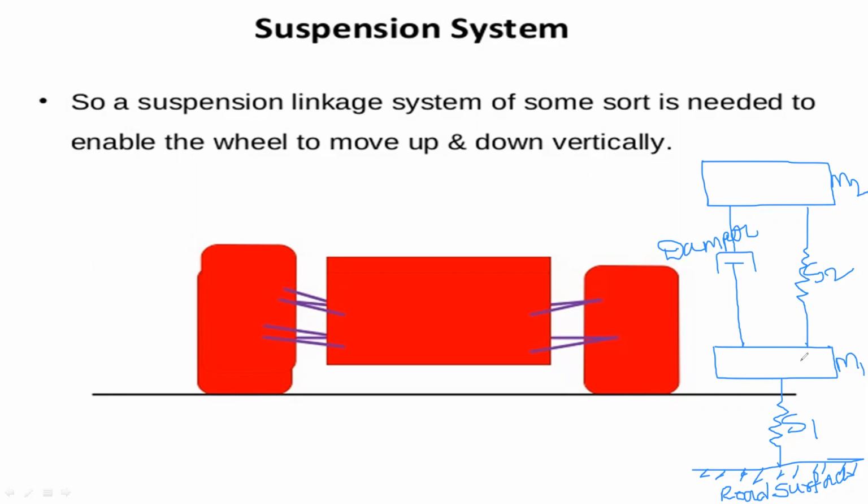And next, spring S2 denotes the suspension spring system. We are using a spring suspension system, that is S2. And the block M2 above the suspension spring represents the sprung mass contributed by the automobile body. So M2 is the overall automobile body, that is the sprung mass M2. The overall weight of the vehicle falls on the suspension system.